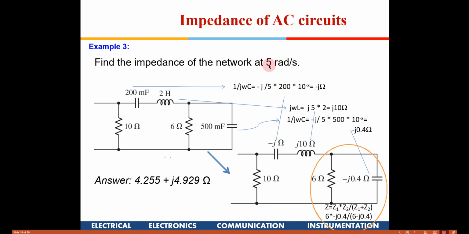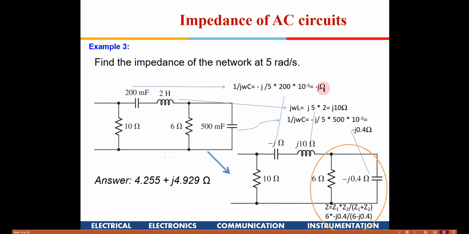The frequency is given because for each frequency the impedance offered will be different, since the impedance of an L and C is frequency dependent. So, the frequency needs to be specified. 1 by j omega C will be obtained by multiplying j on top and bottom, so in the denominator you have j square, which is minus 1. Your omega is 5, given as radians per second. We need to be careful whether the given data is f or omega. If it is radians per second, it means it is omega. If it is in hertz, then it is frequency, and omega will become 2 pi f. So, we need to be careful with that.